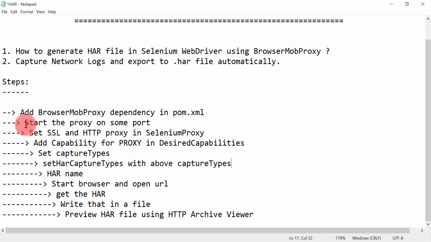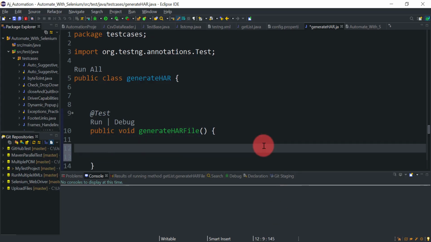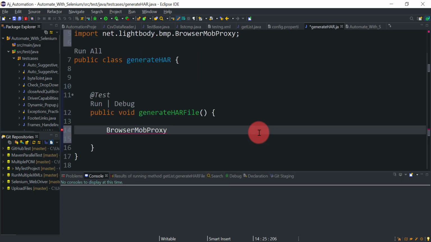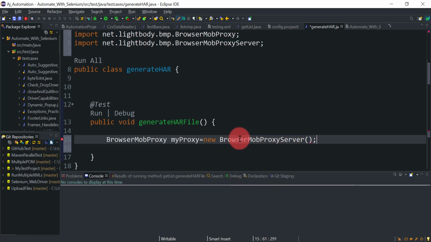The second step is we need to start the proxy on some port. For that, here you need to create an object for BrowserMobProxyServer. So BrowserMobProxy, let's say myProxy equal to new BrowserMobProxyServer.